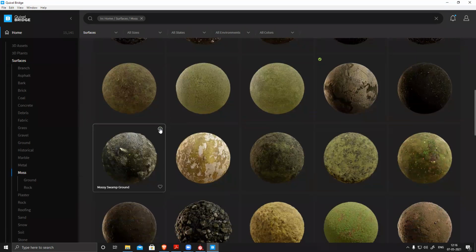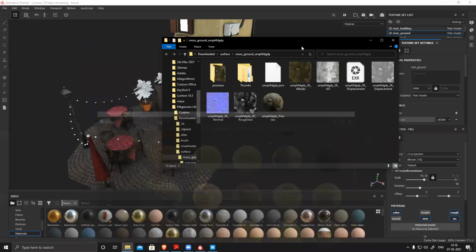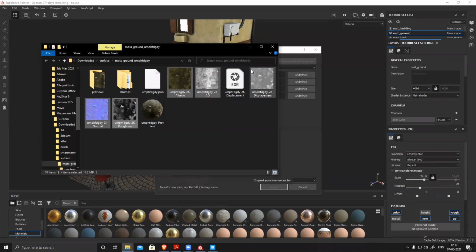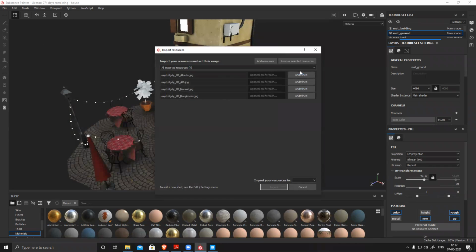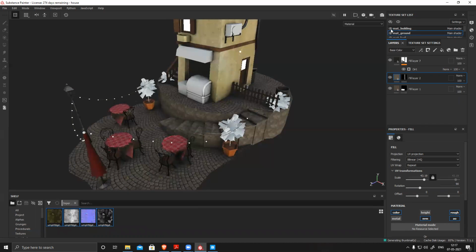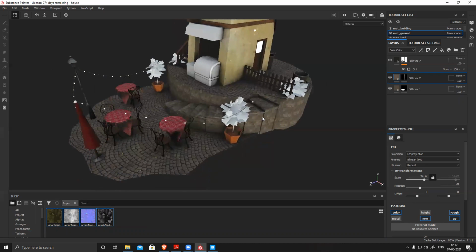Okay, this one looks kind of nice. It has that, what do you call it, wet feel to it. Go to file. Now all the textures: albedo, ambient occlusion, normal, and roughness. Drag drop here. Not required. Select all of them. Texture, current session, import. So now I have to generate this detail on this surface plus this surface.